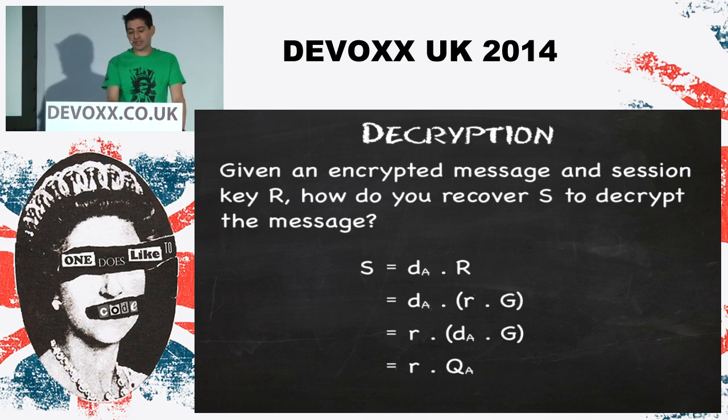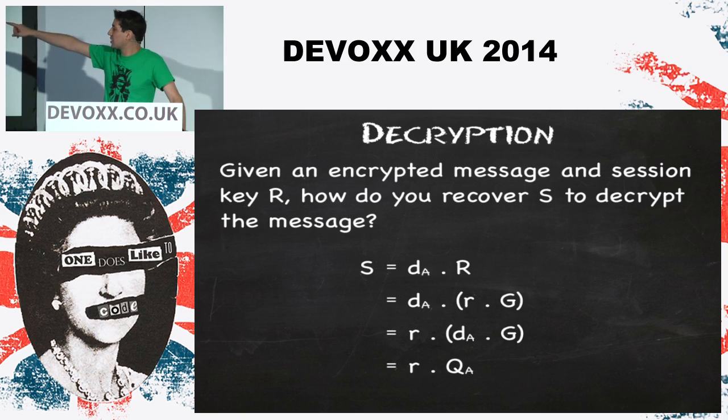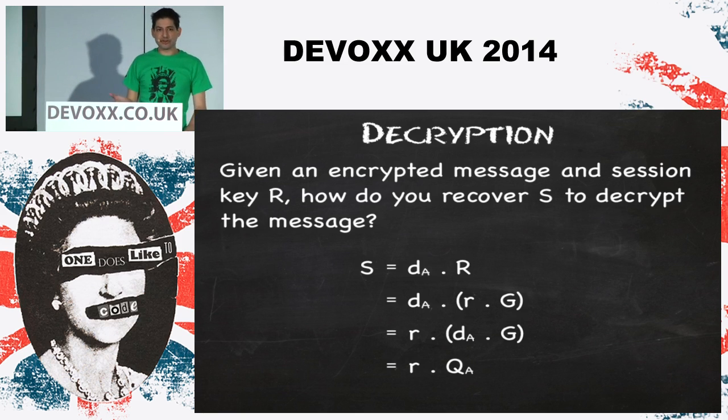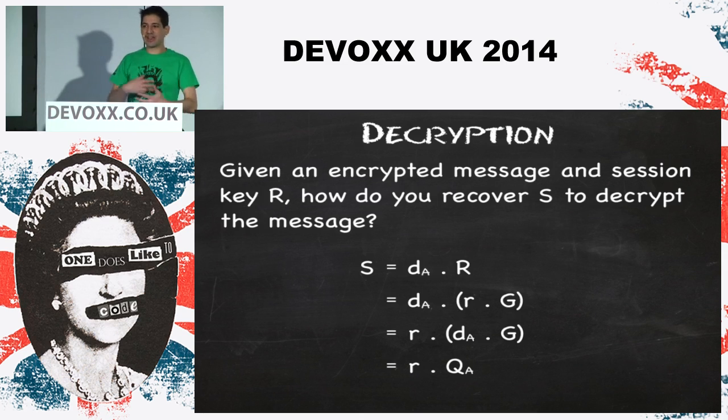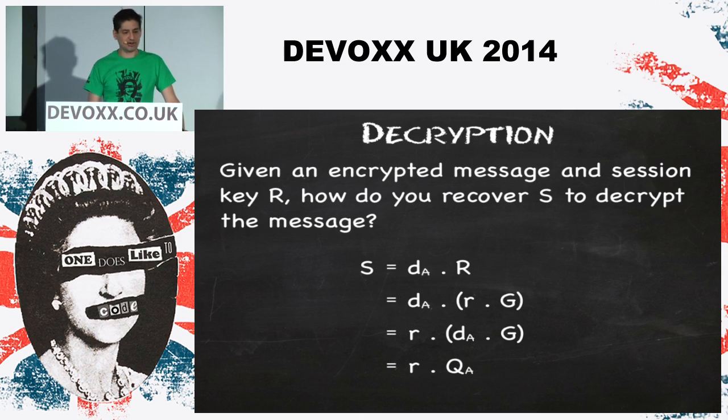And the reason why it works is this little expanded thing here. So, R is actually little r.g, and we substitute in again and again, and then you see S equals r.qa, which is the discrete logarithm problem, just formula again. So this shows you how nice and simple one falls out of the other using these abstract algebra frameworks.